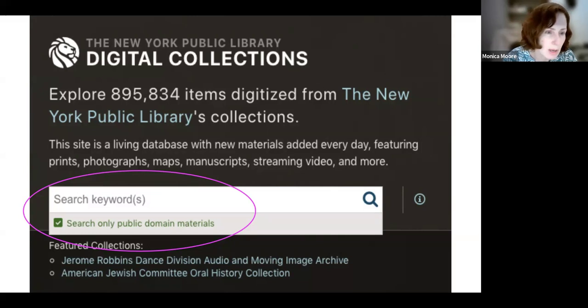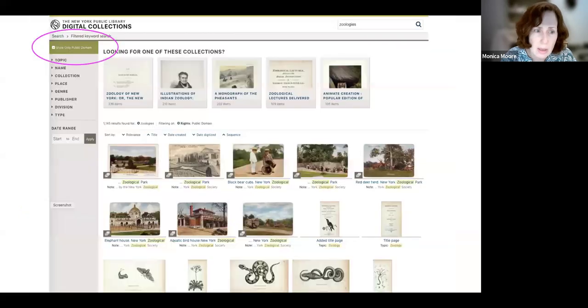I believe the numbers here are nearly 900,000 items. If you were to complete the search, you would get back over 300,000 digital items in the New York Public Library digital collection that are in the public domain, right? So from the get-go, you can actually leverage them to search initially in a collection. Let's go to the next slide and look at maybe another type of user experience that you can create.